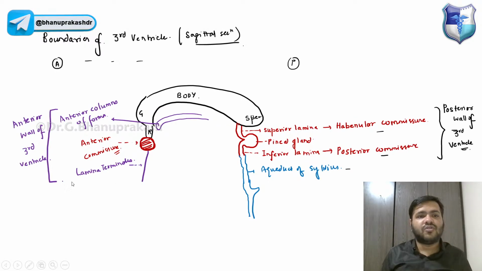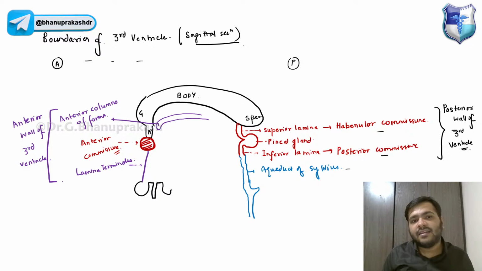Let us just try to draw the floor of this particular part, guys. You can see the optic chiasma in front, right? Behind it, we have the infundibulum. Then we have the tuber cinereum and the mammillary bodies. So I'm drawing in one, the tuber cinereum and the mammillary bodies. And guys, we have the posterior perforating substance over here, which continues to the midbrain, and the most posterior part